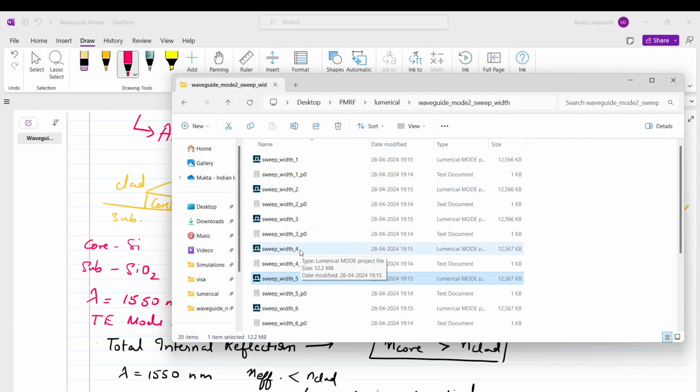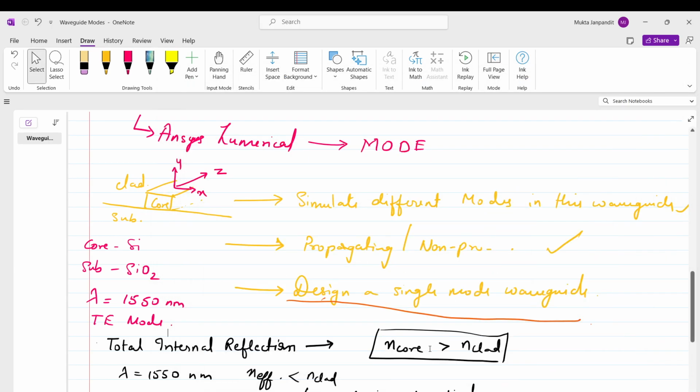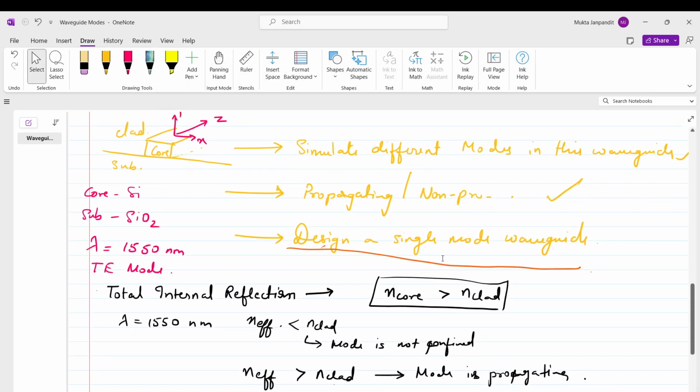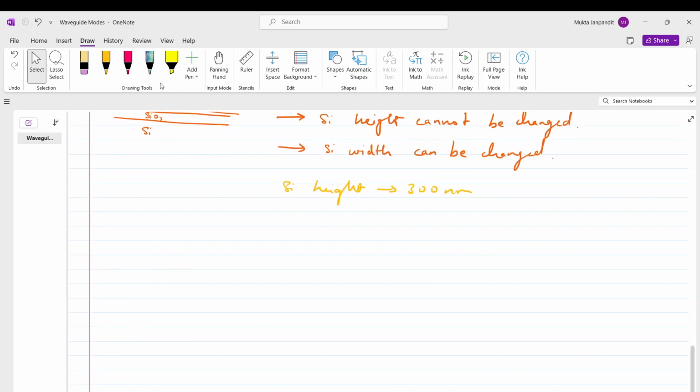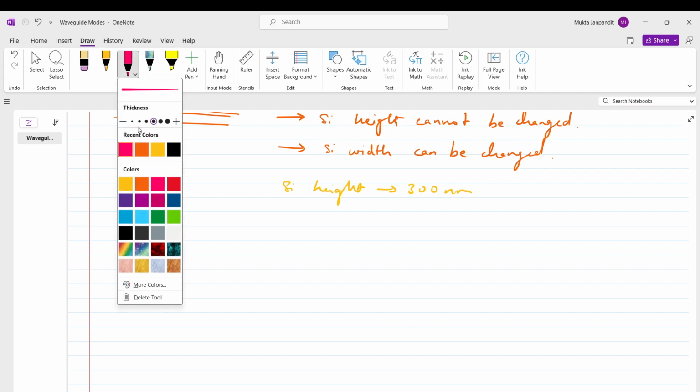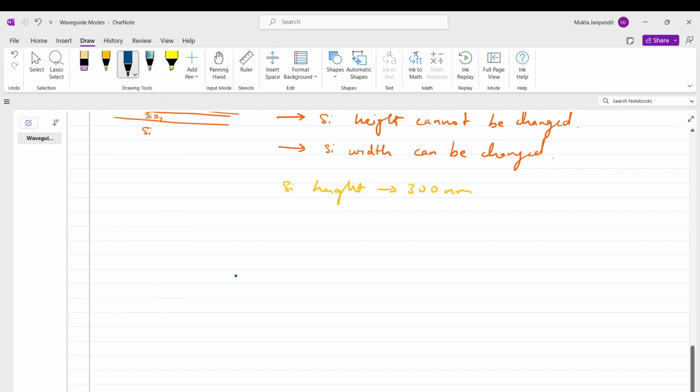We saw that till 400 nanometers it was fine. It was still a single mode waveguide. So we can safely say that 400 nanometer wide waveguide will work for our case, transverse electric.